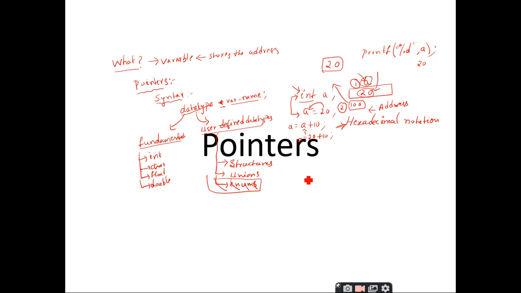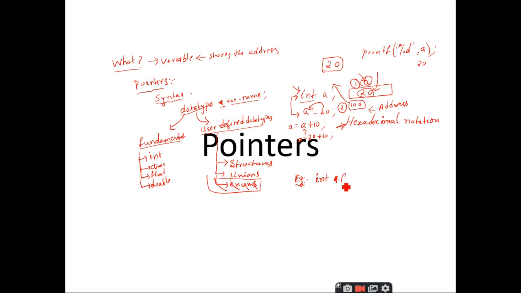To create an integer pointer, I should use the data type int, leave a space, followed by star, and then the variable name. The pointer name can be anything, it is the programmer's choice, but he should follow the rules for identifiers.